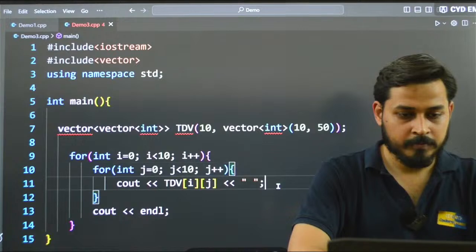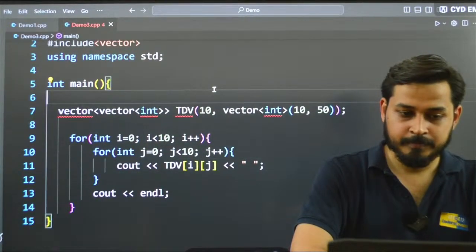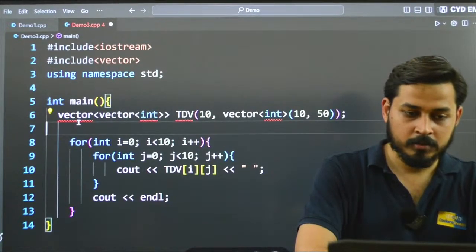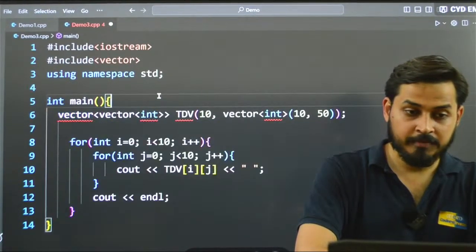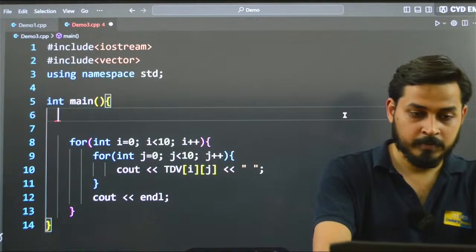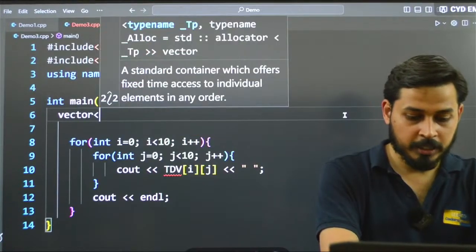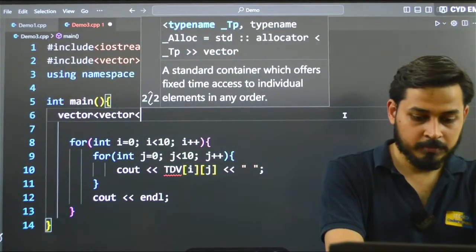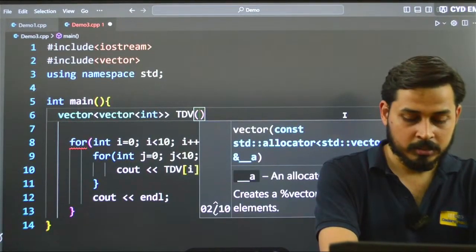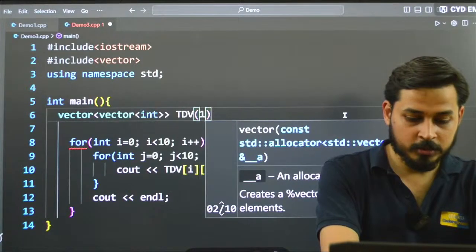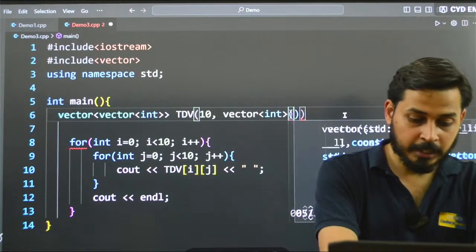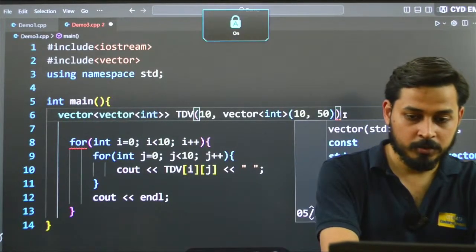Okay, I have created a vector and everything works fine. Why is it not taking? Vector is undefined. How is it possible? I have to say this again. Vector of type int tdv, and here I said resize it to 10, comma vector of type int size is 10, comma initialize them to 50,